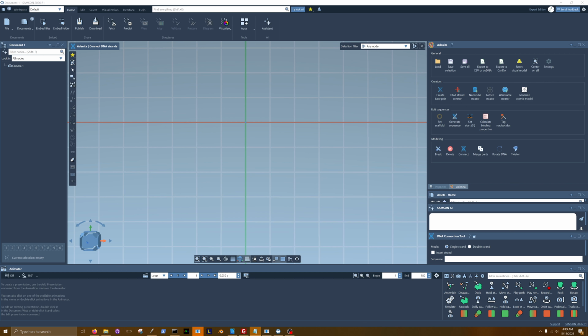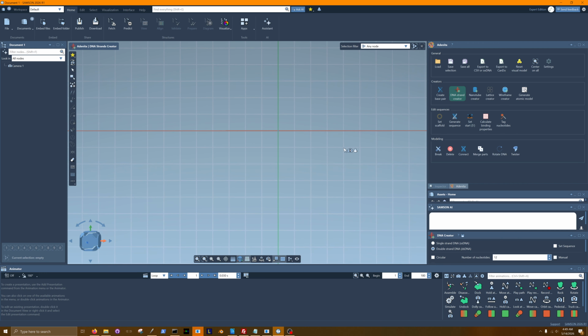Okay, here's a quick tutorial on creating a simple DNA crossover. So once you have your Adenida app installed and loaded, what you can do is go to DNA strand creator, click that, and then I'm